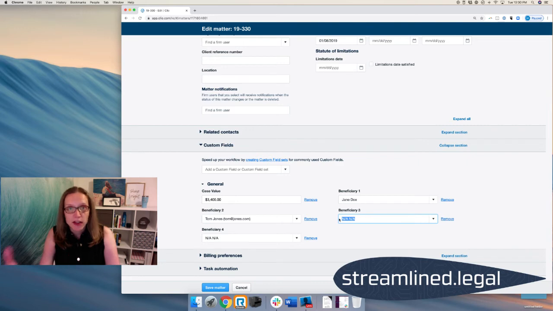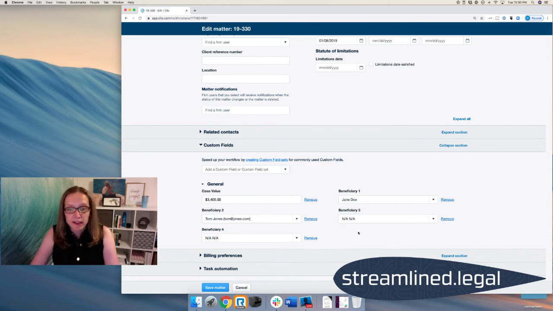That way it's got their contact information, their email address, their phone number, whatever else I need in there. And it's not just a name that I've written in there, because again, if we want to be able to access that contact information, it needs to be a Clio contact,